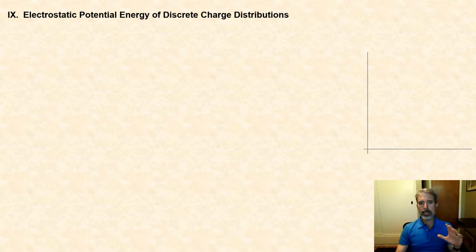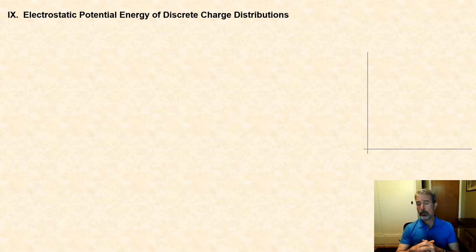So in this slide and the next, let's start by talking about how to calculate the electric or electrostatic potential energy of a discrete charge distribution. And here you have to remember that when we define potential energy, we define it in terms of work. We say that it is the opposite of the work done by a conservative force on an object, in our case, a charge, assembling this group of charges, or it is equal to the positive of the work done by an applied force against the conservative force, in our case, in order to assemble this charge